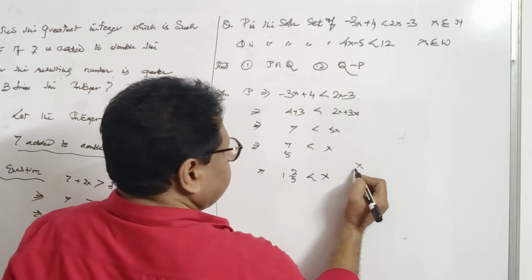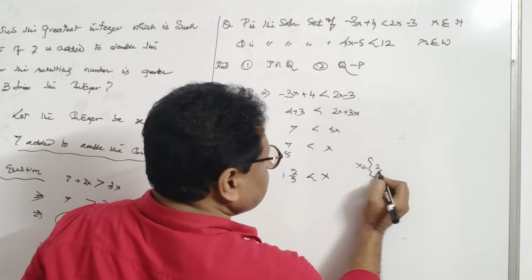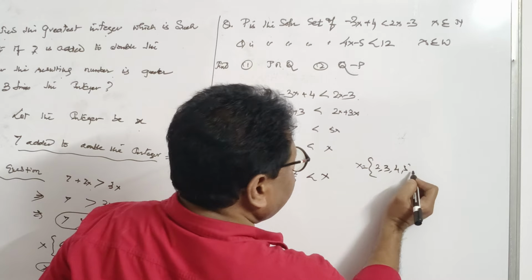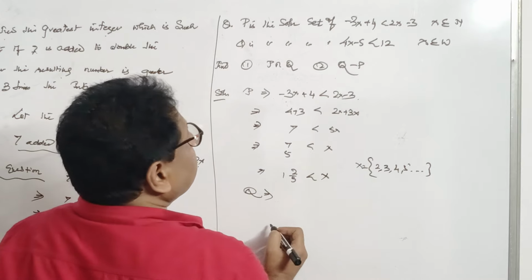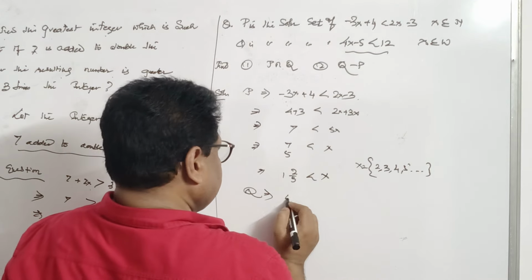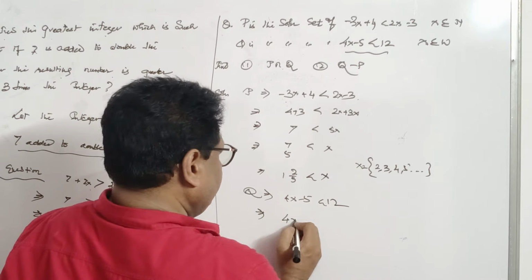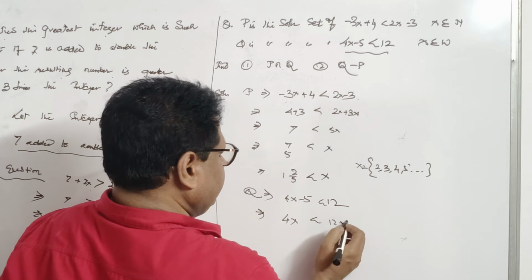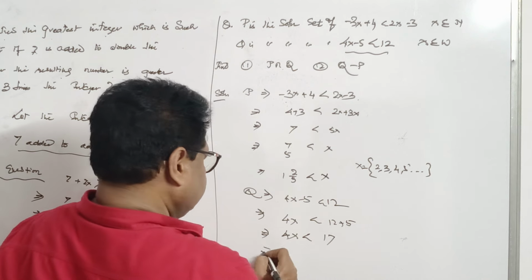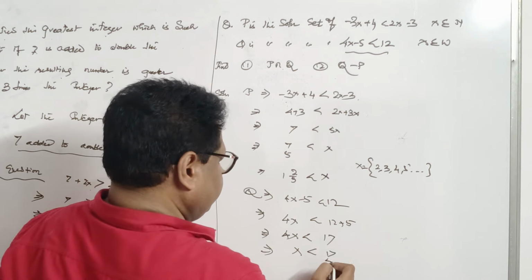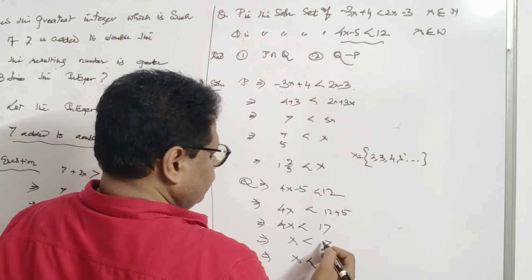Now just imagine the natural numbers that satisfy this. Greater than 1 2 by 5, you can include 2, 3, 4, 5, and so on. Now let's solve the inequation Q. The inequation Q is 4x minus 5 less than 12. This means 4x is less than 12 plus 5. That means 4x is less than 17. This means x is less than 17 by 4, that is x is less than 4, 4 fours are 16,